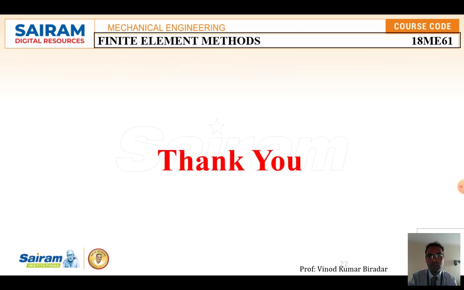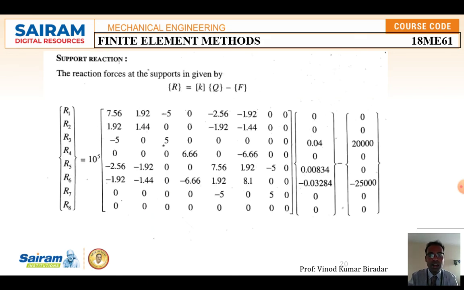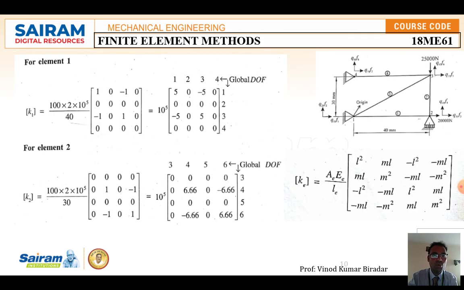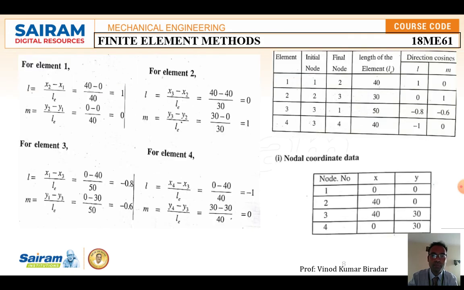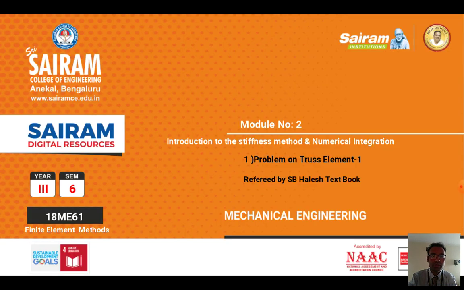Like this you have to solve problems related to truss. The main thing to remember is how many nodes are present, how many elements are present, and how many degrees of freedom there will be. That is the first thing you note down from the given diagram. The second is which node number is going to be fixed, which rows and columns you are going to delete, and the list of formulae. The procedure is the same for all the problems. Like this you solve problems on truss elements.